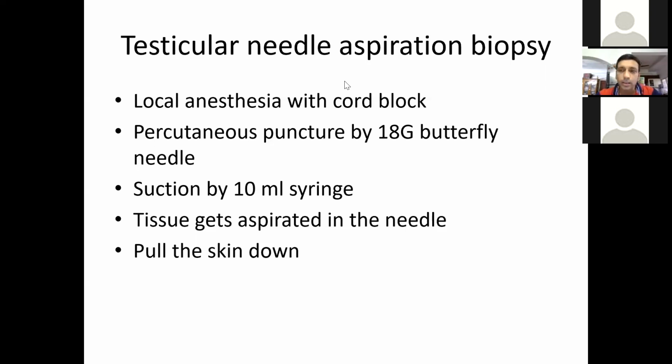rotate the needle. The needle, as you would understand, is beveled. So once you penetrate, then you have to rotate as you go inside the substance of the testis, and it has to be a single pass in one direction. And when you take out, then there is a suction with the help of a 10 ml syringe, and the scalp vein feeding tube has to be clamped so that the testicular parenchyma does not get sucked into